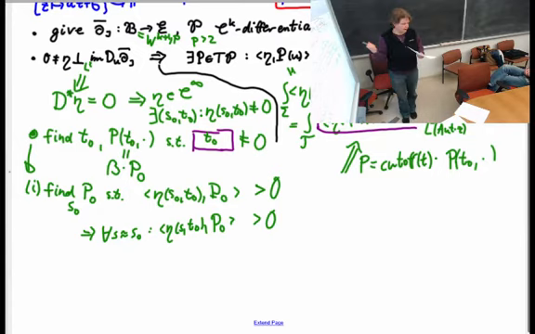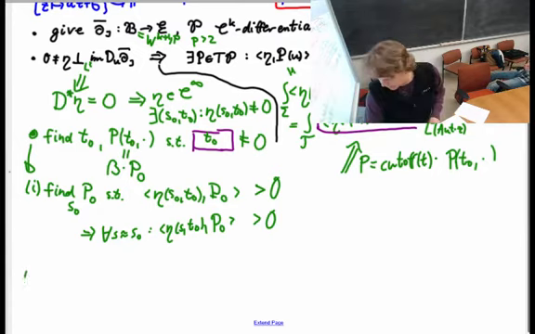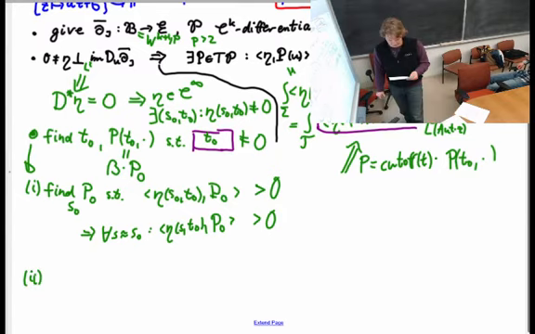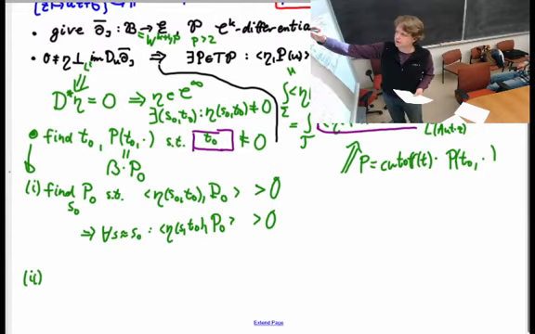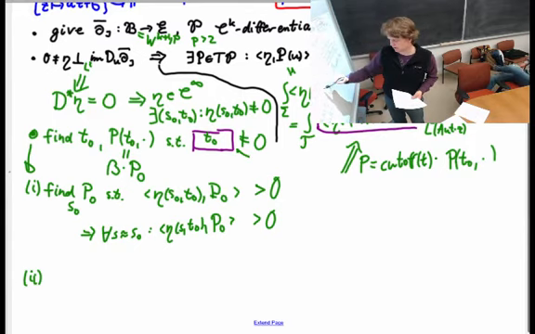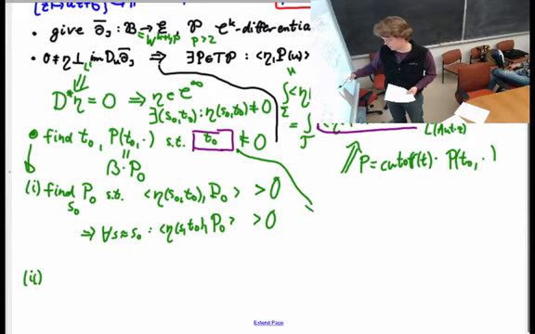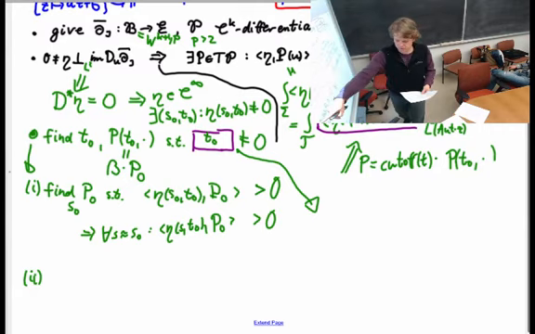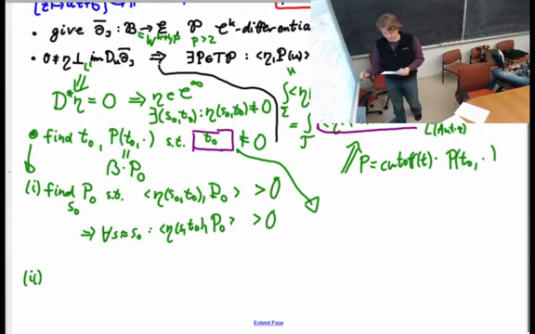And now I'd like to cut off near S0. But the problem is, if I try beta times p0, what does this actually look like? It's an integral